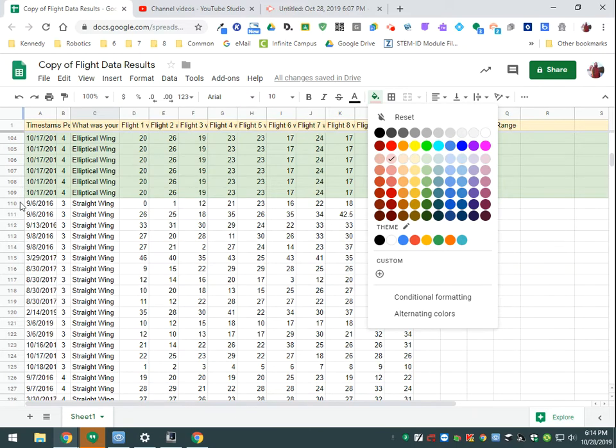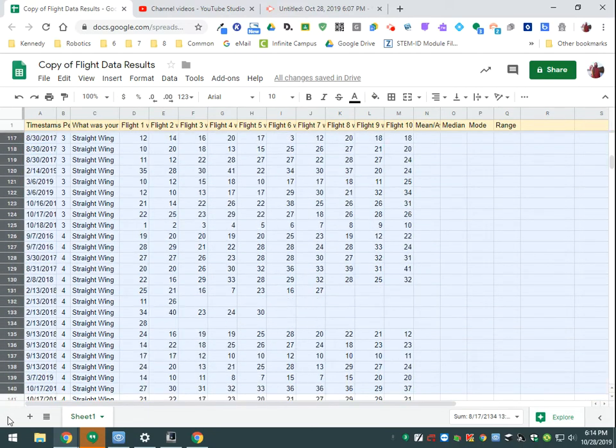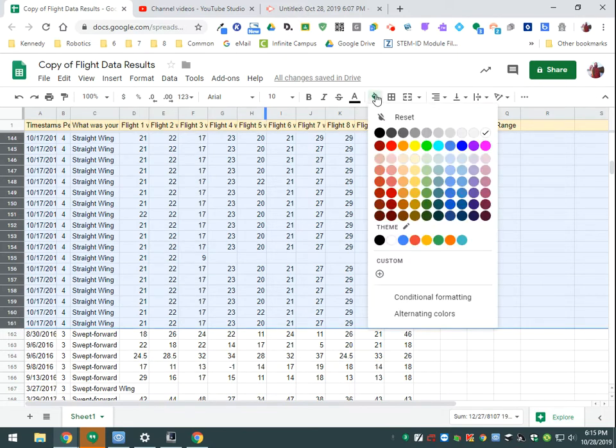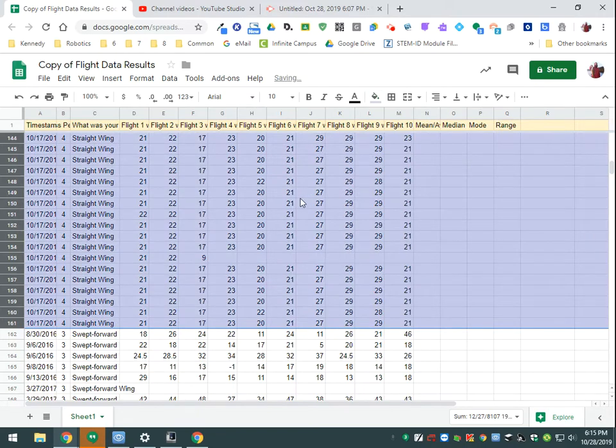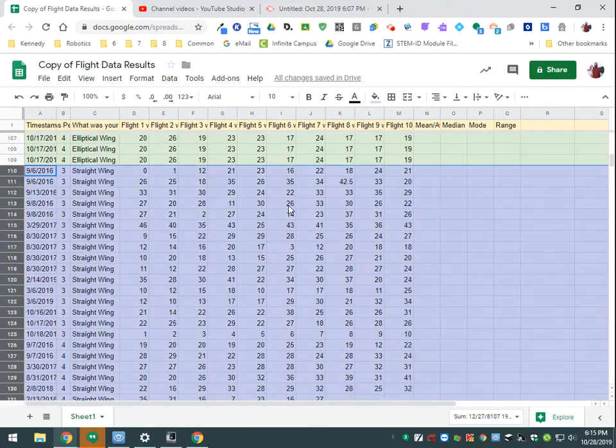Okay, now I'm going to color my straight wings. So I'm going to left click on row 110 and hold my click down. I'm going to go all the way down to the bottom. There's my straight wing right there. 161 is the last straight wing I have. So I let go. I come up here to my fill color. I want something that's very different than green and red. So let's see here. Let's try going with this purple color. So I have red, green, purple,